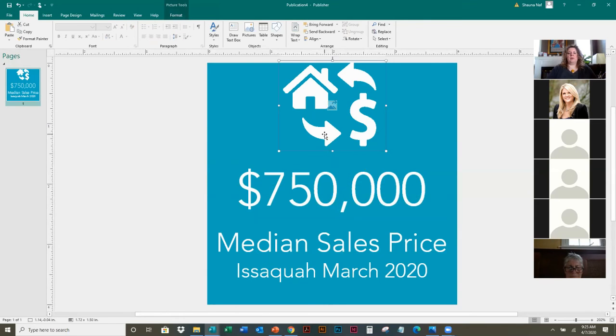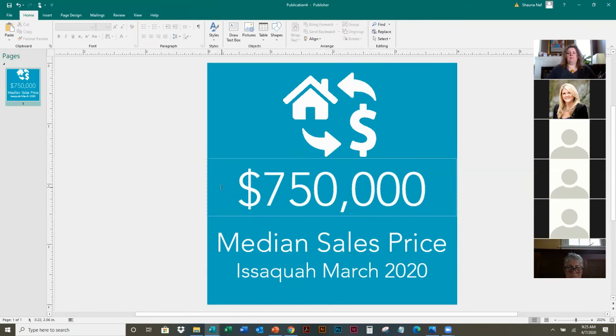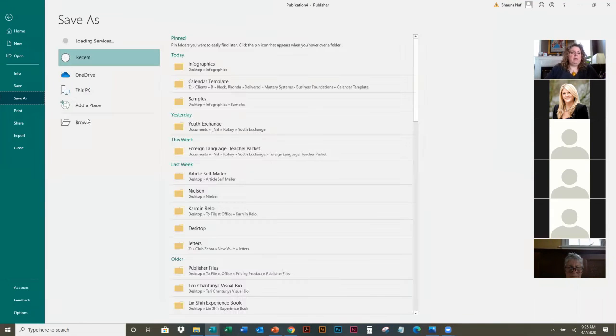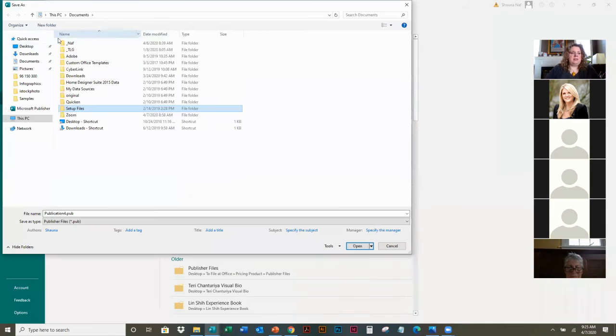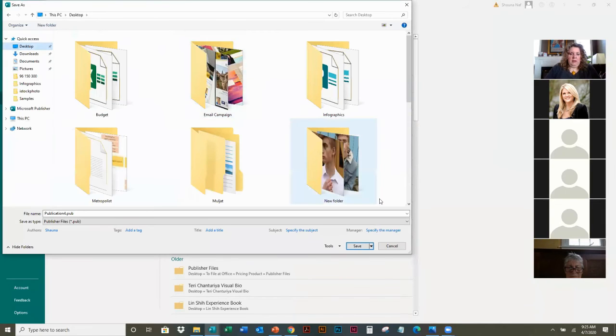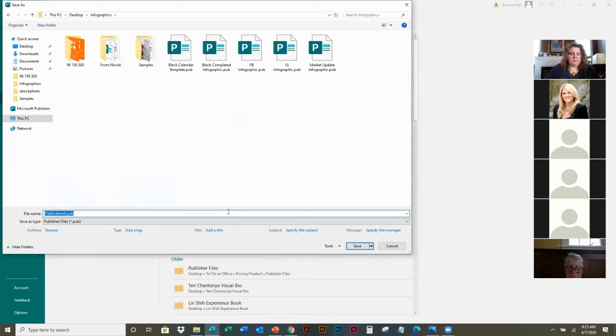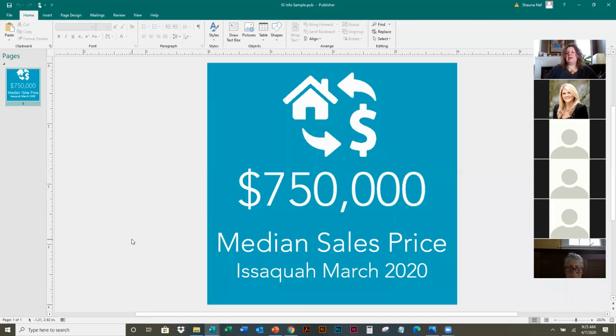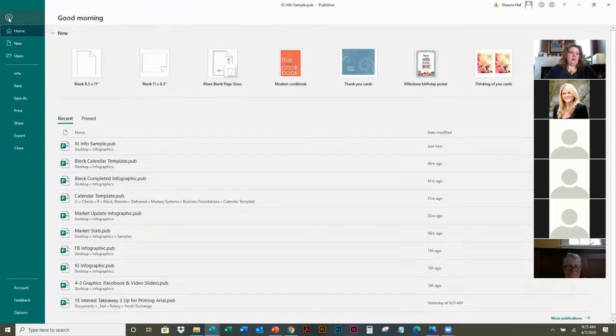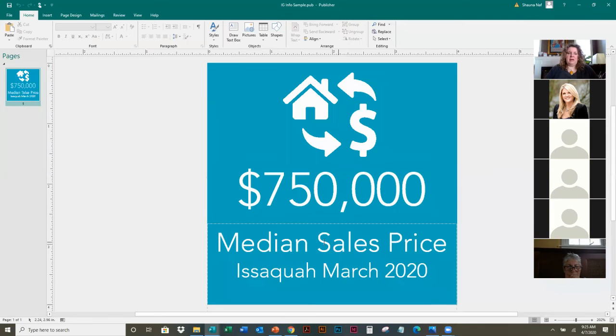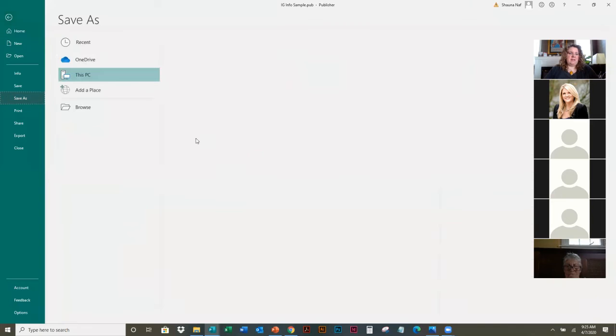Okay. So now that our rough infographic is done, and I probably should have saved that, but let's do that now. So now it's going to be a matter of how we are going to be saving this for online. All you have to do once you've got the Publisher file saved is go File, Save As,